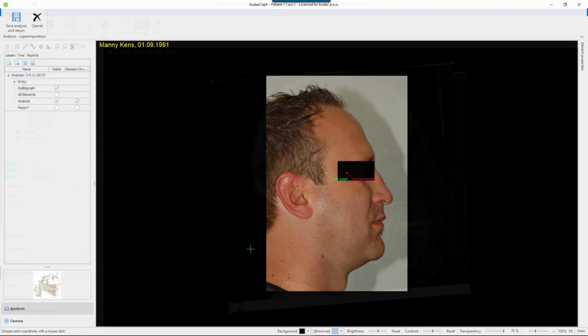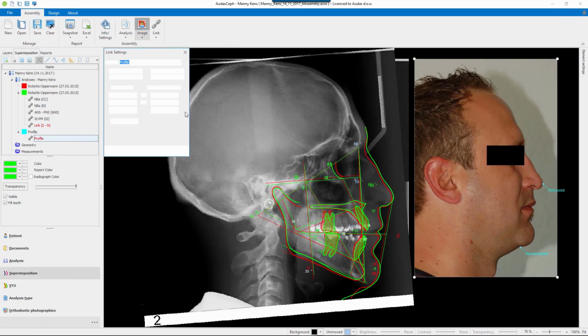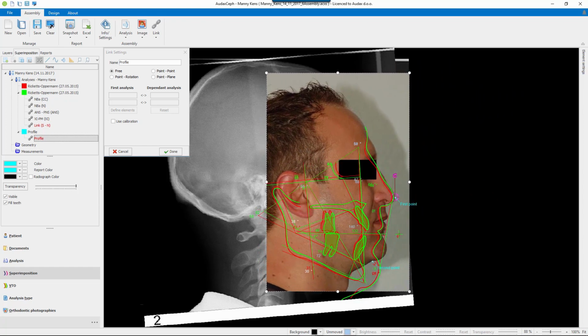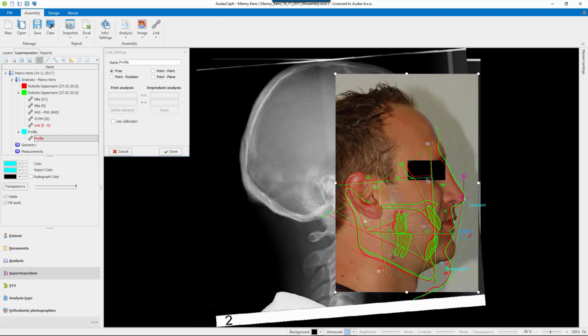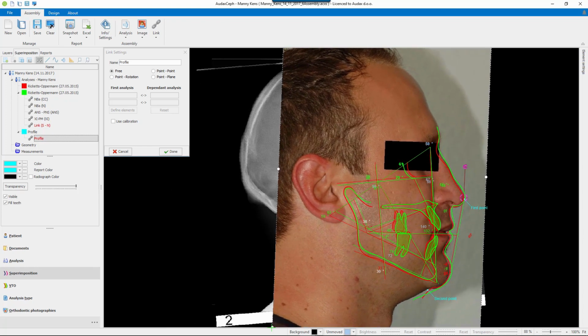We have different tools to do that. I'm just going to place those points, and we can align those points to some prominent points on the profile, or, which is even better, we can use one of those tools here, for example, free option, put the rotation center on the tip of the nose and just grab the image and put it inside the superimposition and align that